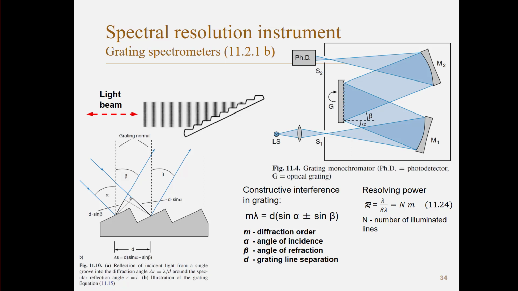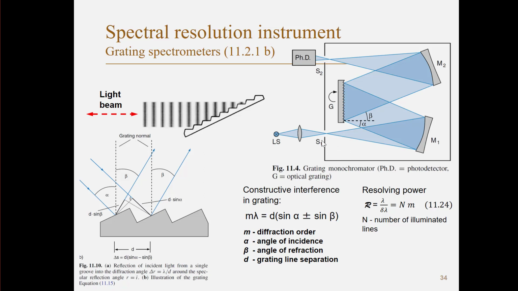Okay, so let's go through the light path through this. This is actually a monochromator, not a spectrometer, but I will tell you what the differences are. They look very much the same. We have some light source here, and then we have a lens which focuses the light onto a small slit. That's a small opening, so that all the light comes from one point. And that's the same thing as we had when we looked at the